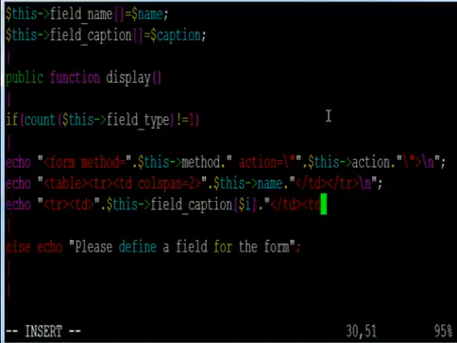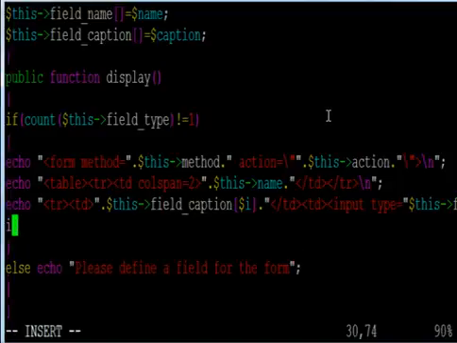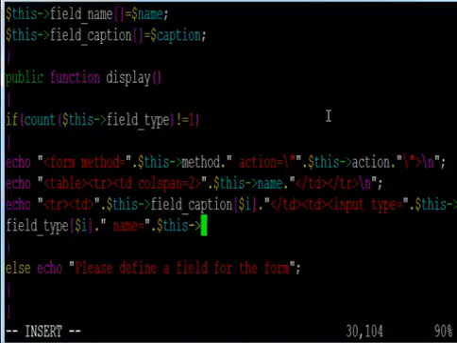then again td, and in this table data what you have to do, input type equal to whatever the field type you have selected, like $this field_type $i dot name, and whatever name you want to give, because this name is mandatory. Remember, whenever you want to concatenate two strings, you have to put dot sign. Okay. Now,